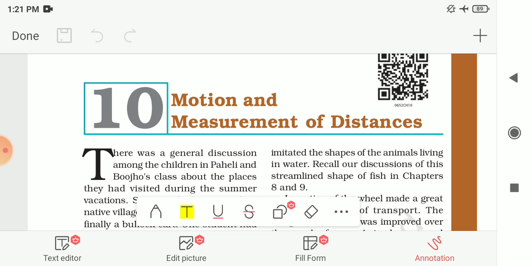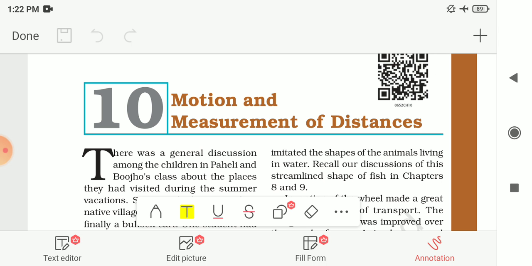Then we had seen that for measuring large distances, the meter is not a convenient unit, so we defined a larger unit of length which is known as the kilometer. So 1 kilometer is equal to 1000 meters. Then we had seen that we use a thread to measure the length of a curved line, and an object is said to be in motion if it changes its position with respect to a fixed point in a given time interval. So these are the things we had seen in the previous videos of this chapter.